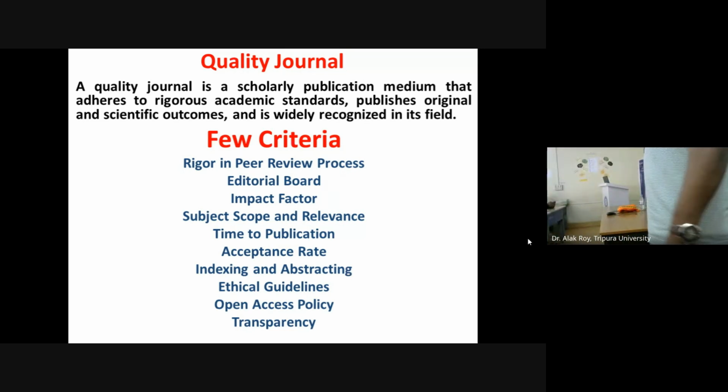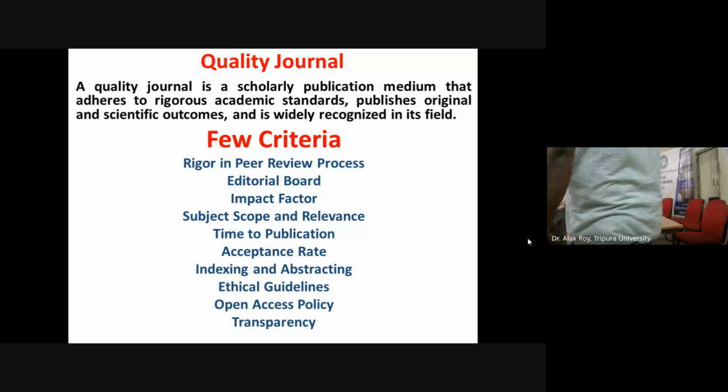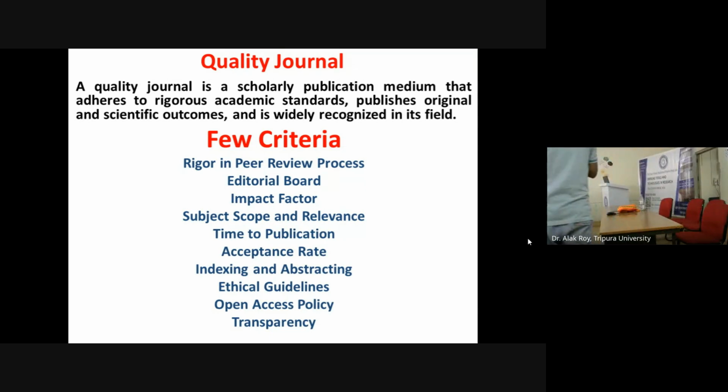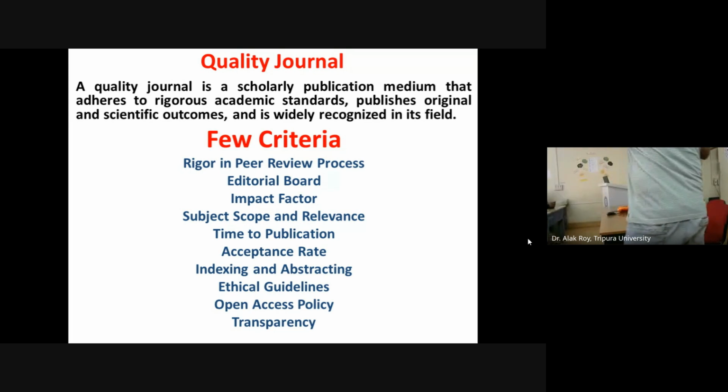So you are thinking or planning to publish some of your outcomes. Just ask those people who are working in your domain what journals you can think about. You will find four or five journals that they are frequently telling. Now, what does this mean? This means those journals, by all these temperaments and this rigorous process, have established their name in that domain. And that's why people are talking about them.